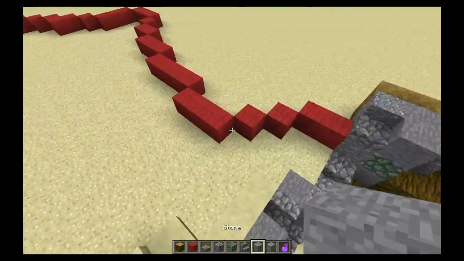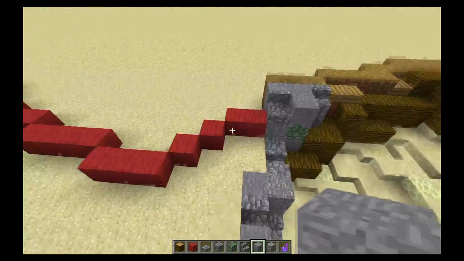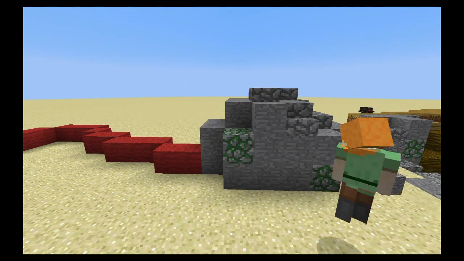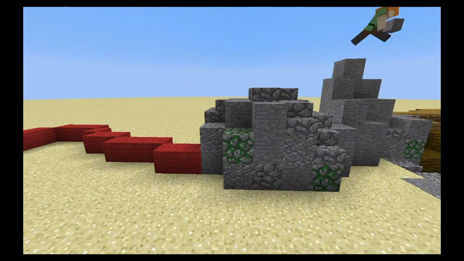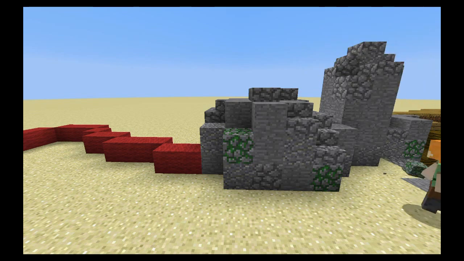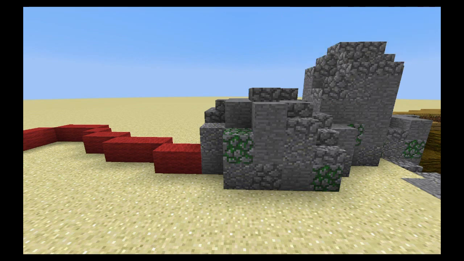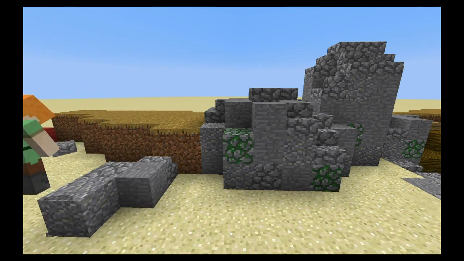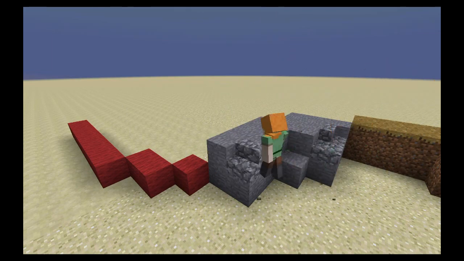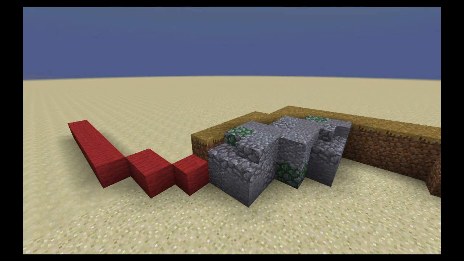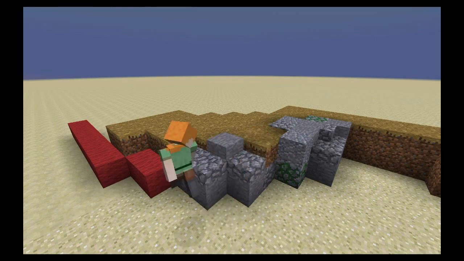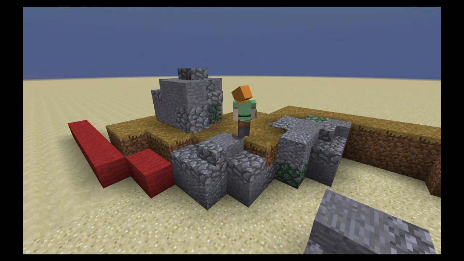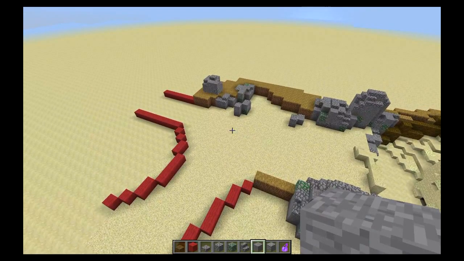What I'm going to do here is speed up the video so that you can see me building the landscape, but it's not going to take tediously long for me to build it. Okay, so as you can see,